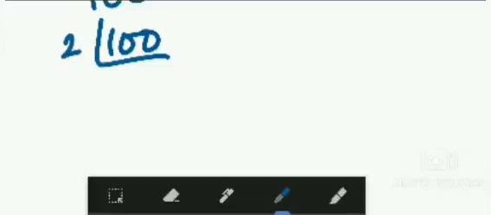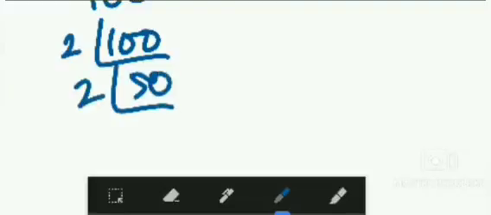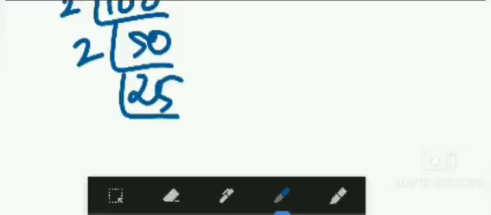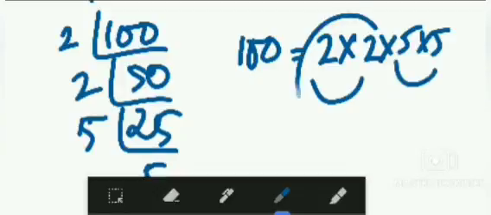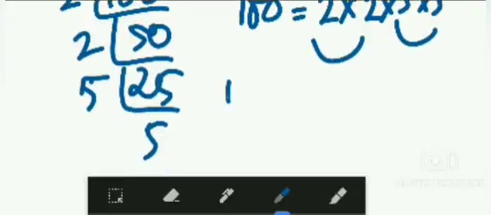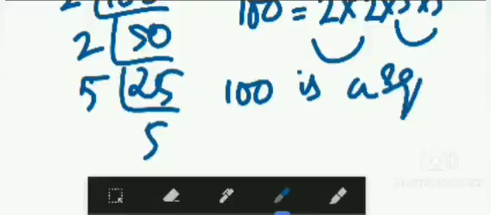I am showing you the number 100. So we have to factorize this 100 in this way. You will get 2 50s and then 2 25s, then we are getting 2 5s here. So we know how to do this. So write down in this way, 100 equals 2 into 2 into 5 into 5. So we can see 2 2's and 2 5's. So these 2's are in pair and 5's are in pair. That means this is a square number. So write down in this way, 100 is a square number, and you don't need to write the second line.